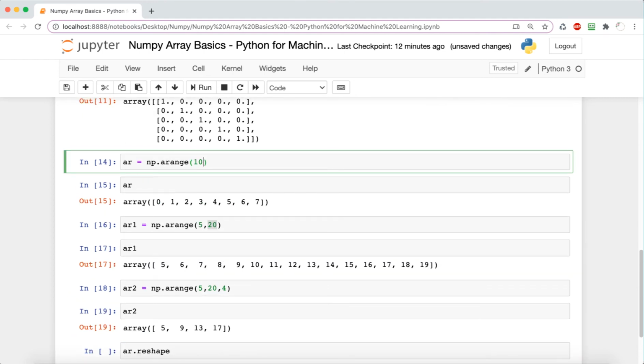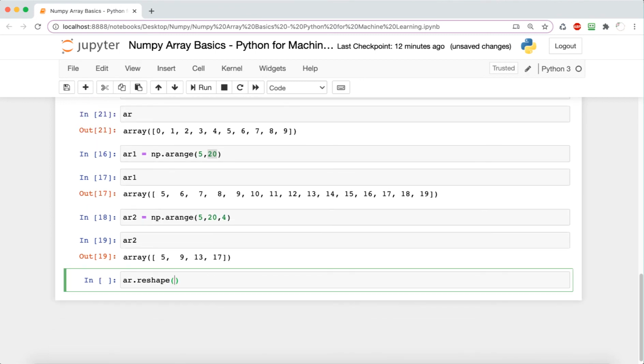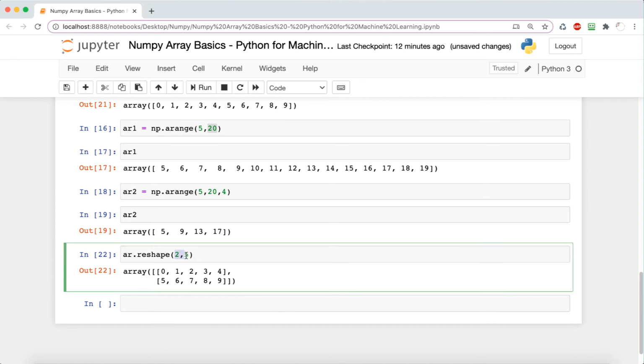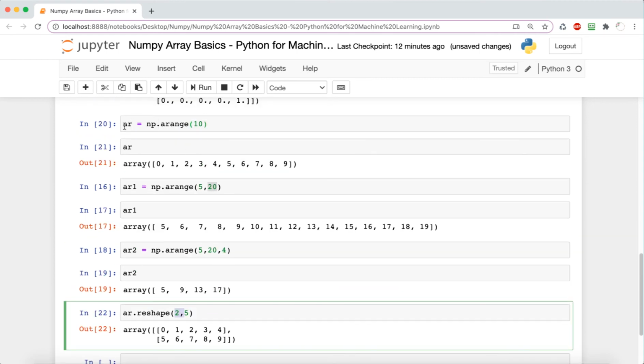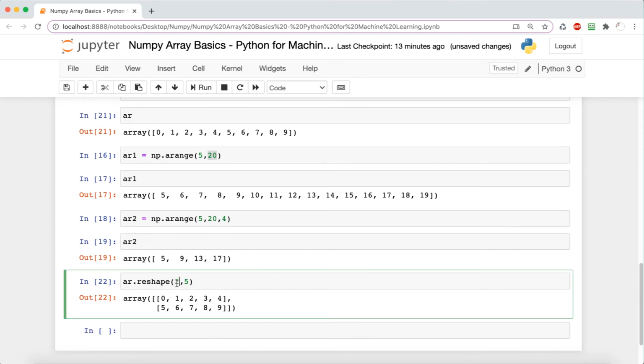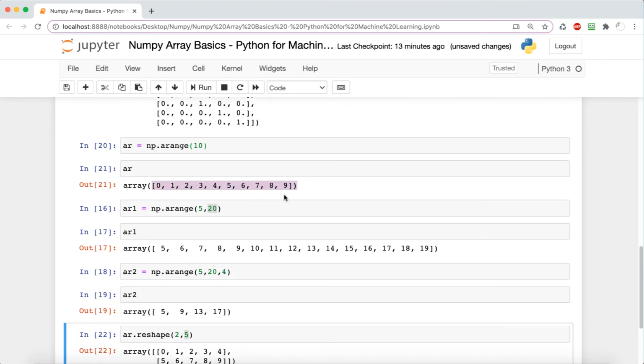Okay, so now we're going to look at ar.reshape. This is another built-in function of the NumPy package. What this does is it reshapes an array. Previously we had just an array with 1 row and 10 columns, which was what ar was initially. But now that we've reshaped it to have 2 rows and 5 columns, we're still going to have all our elements, but they're just rearranged.